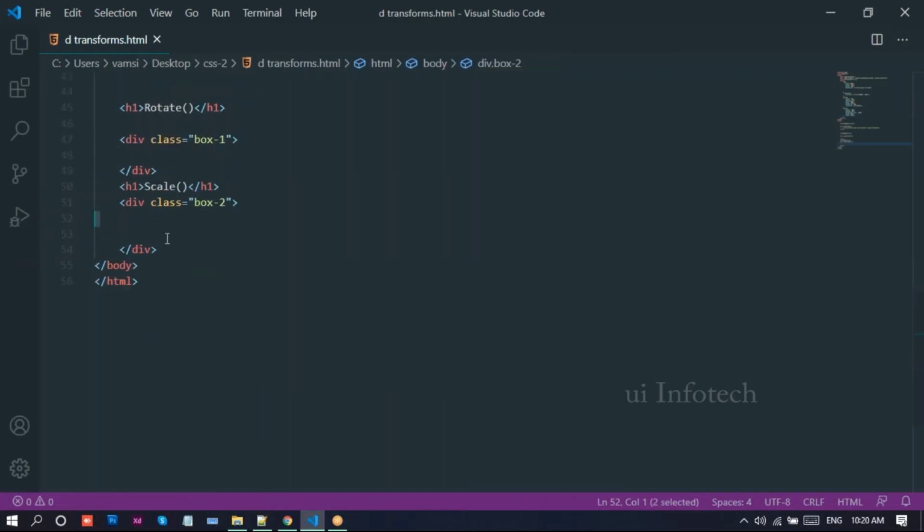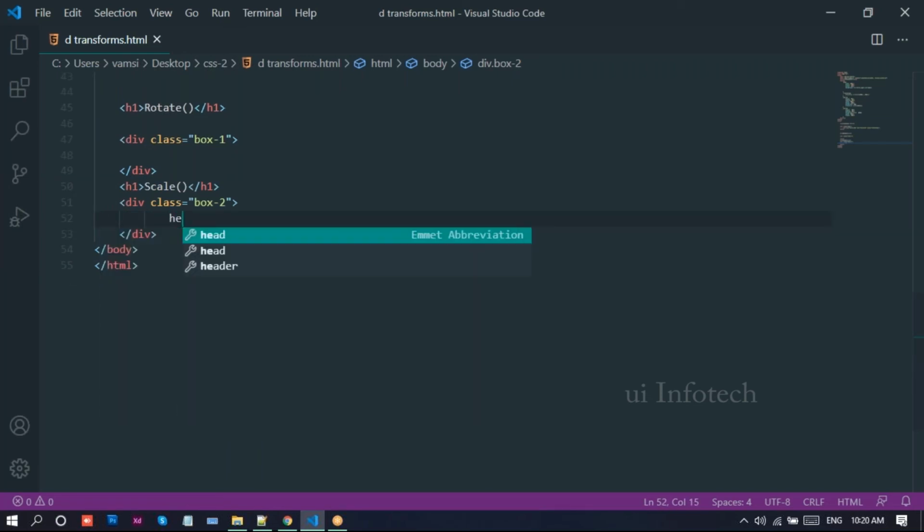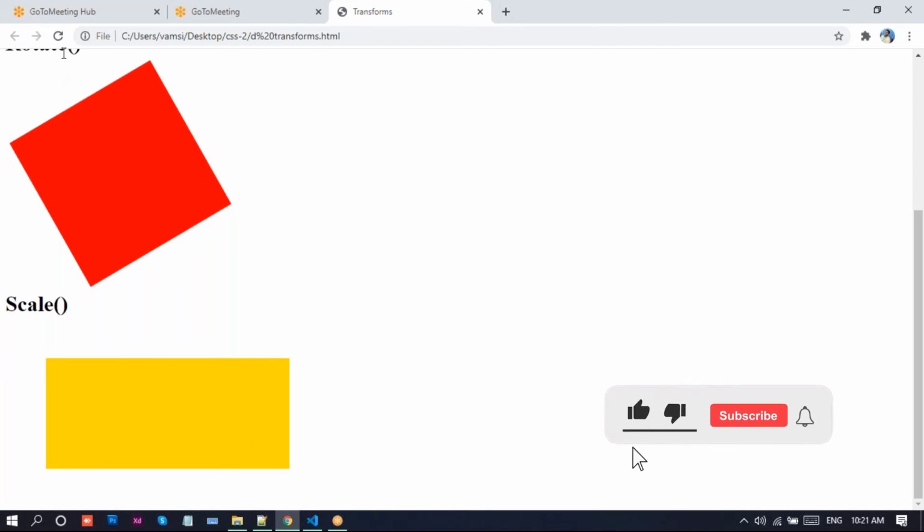So we can write hello, welcome to my page. Let me go to this browser once, reload this page. Now I'll place the text here. Now for this text, look at this, what will happen.